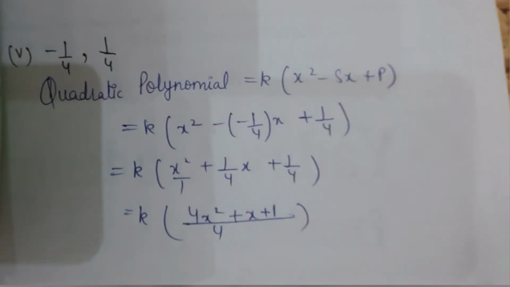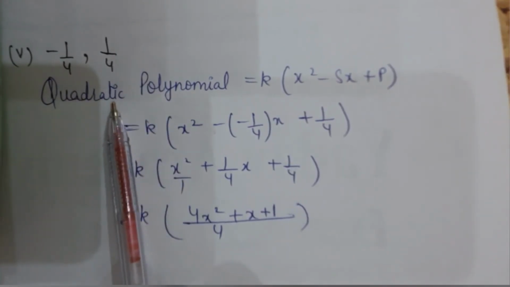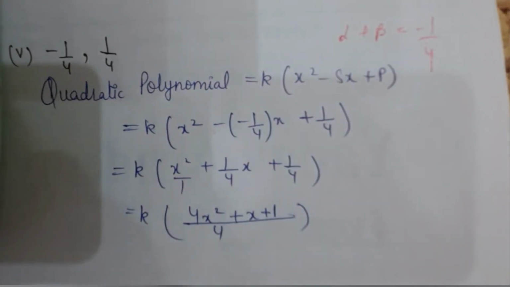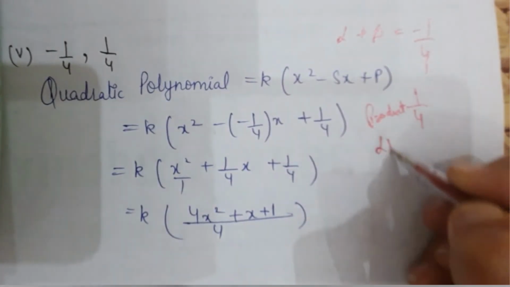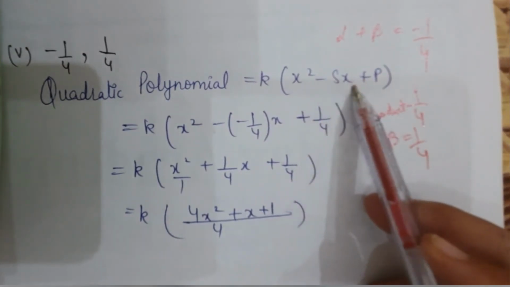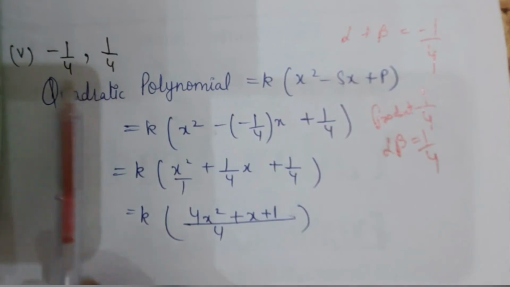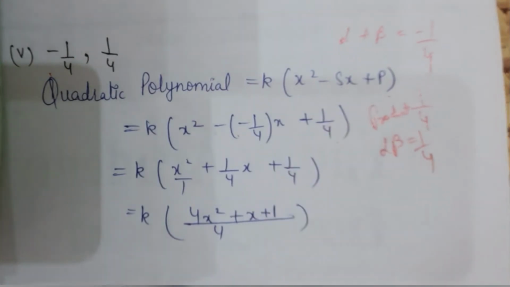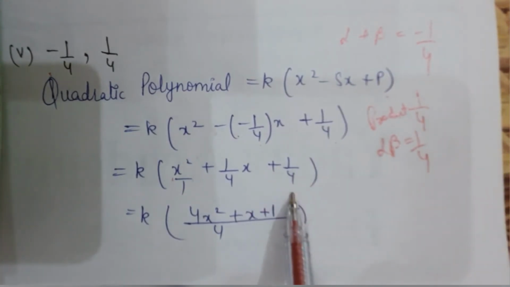Now look at the fifth part. Fifth part is in fraction. Minus 1/4 is your sum and 1/4 is your product. Sum is alpha plus beta, given to you as minus 1/4, and product is given to you 1/4. It is product, that is alpha into beta. Now we will just simply put the values, minus sx. So जो माइनस आपका sx के साथ है वो आप अलग रखेंगे and if the sum is already given in minus form then you will put it in brackets, plus 1/4. Product is plus 1/4. Now x² minus minus will become plus 1/4 x plus 1/4.